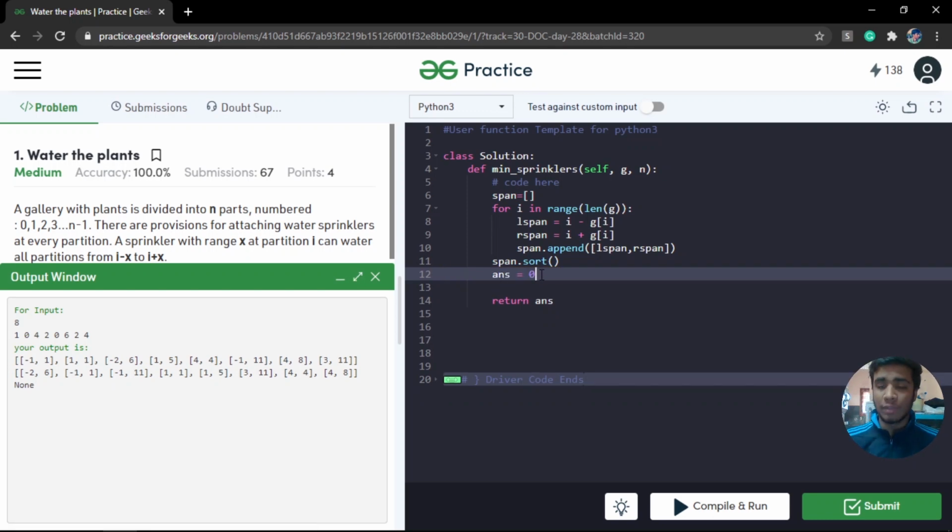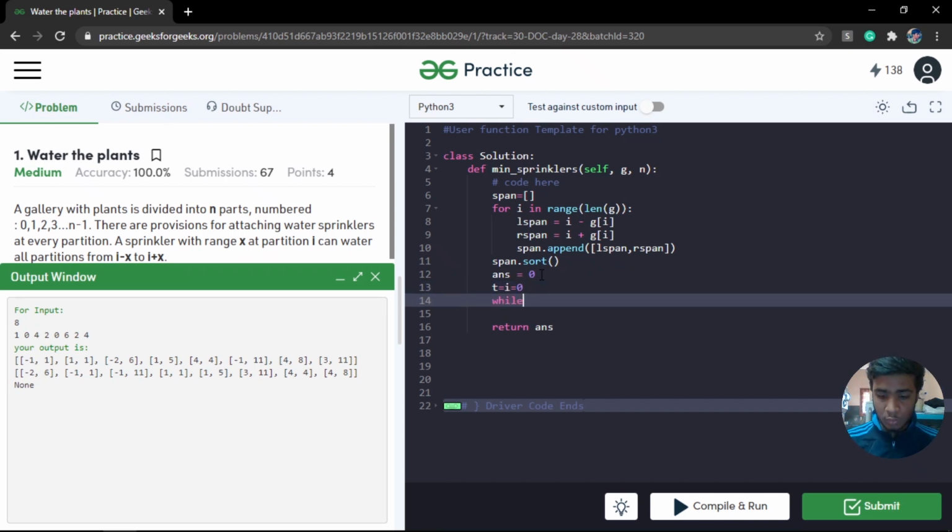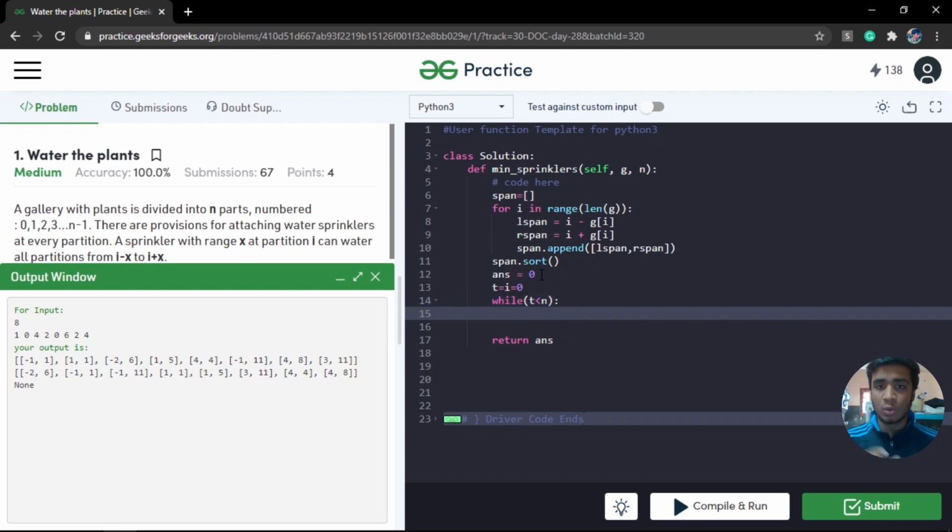So let's now revise what we have talked about. I'm going to have a target and I'm going to have a pointer. Both are initialized to 0. Now I'm going to run a loop. This loop runs until our target is less than n, right? So the target will accept values anything from 0 to n minus 1, right? And we have to check our rejection condition here. So our rejection condition is going to be something like that.